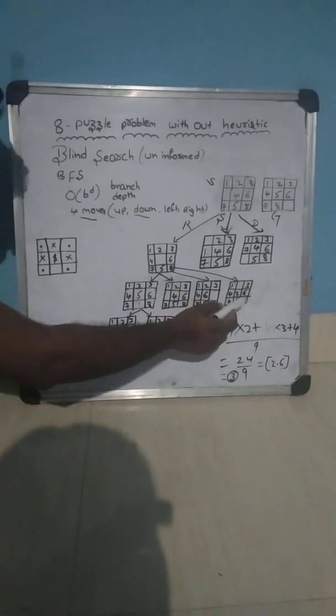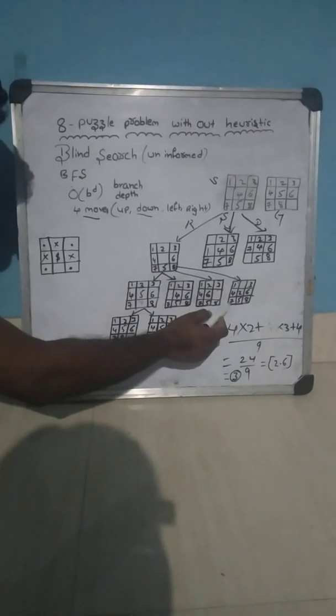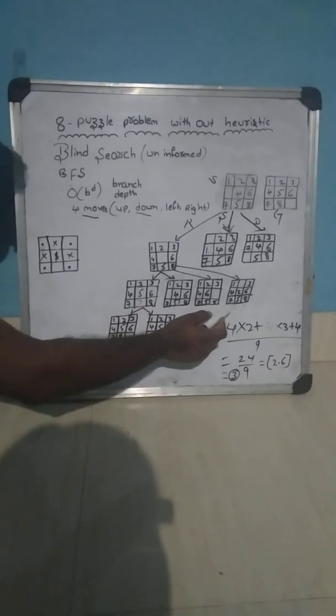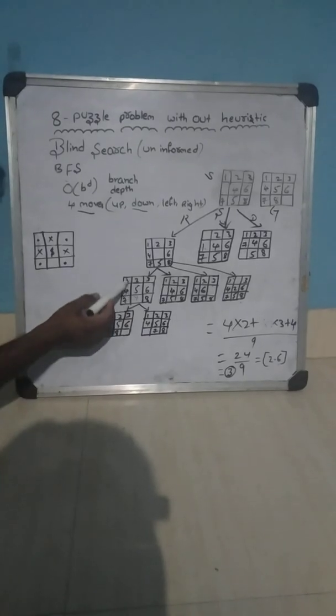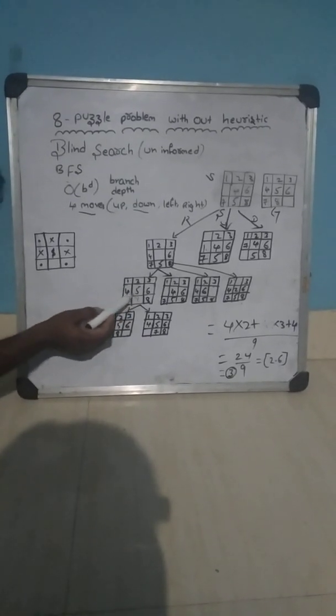Then 4 will be here and 6 will be in the same position. At last 7 will be here, 5 will be here, 8 will be here. Very easy here. So I am moving only 2. This is one direct method we can do. And here, what you will get in here? 1, 2, 3, 4, 5, 6, 7, 8.